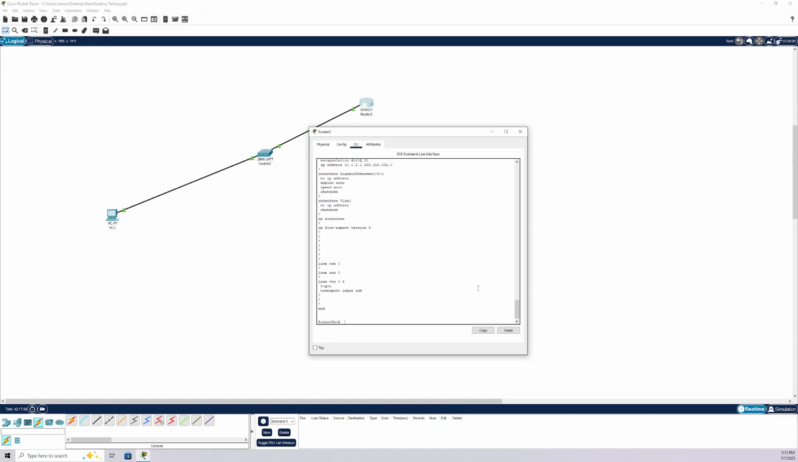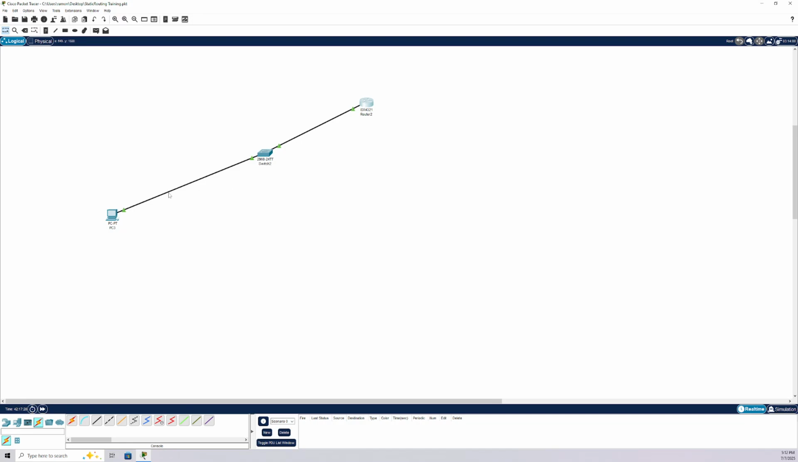I actually wanted to add the local login here. VTY 0 4, login local. Exit. Write the router. You can see we're green across the board here, but